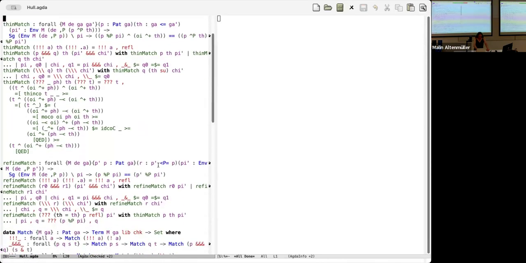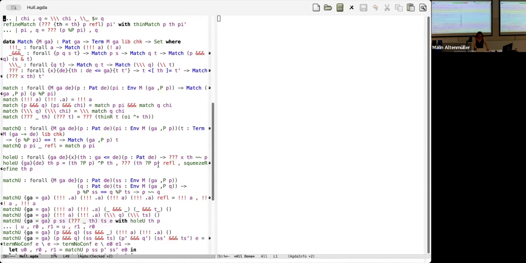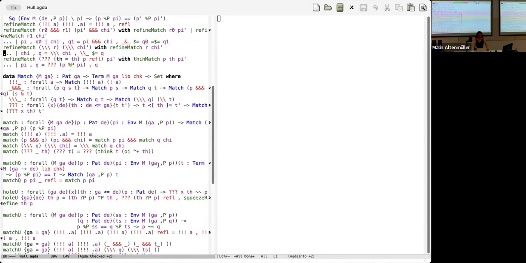What I do want to get into is I've got a definition of what it is for a term to match a pattern. So this is the specification that says, if the pattern's an atom, the term better be an atom. If the pattern's a pair,